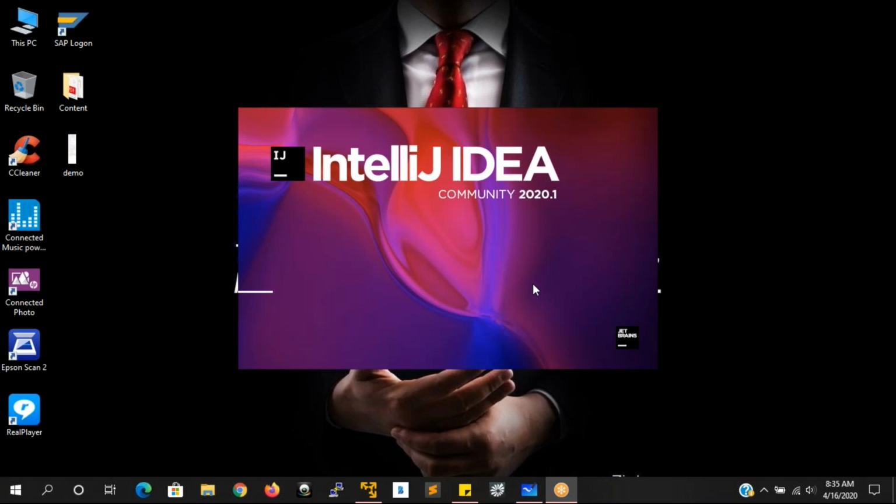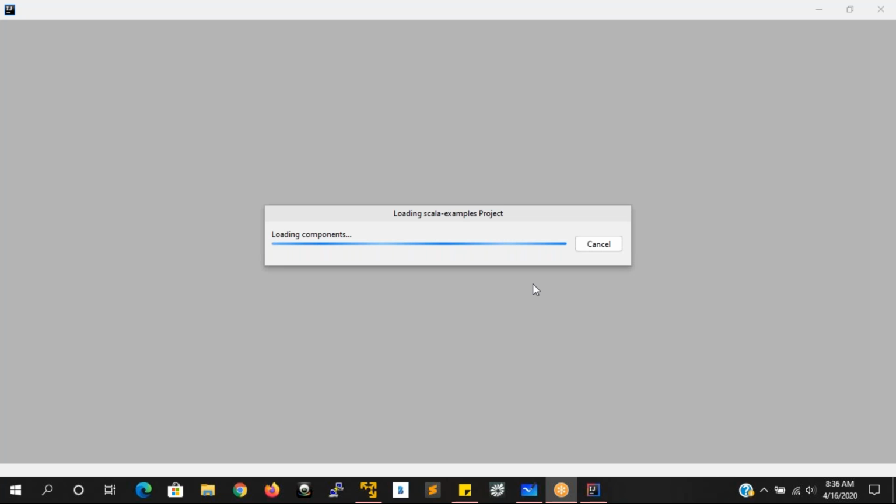Definitely, it is going to take a good amount of time when you are running Cloudera as well as IntelliJ IDEA on your machine at the same time, because IntelliJ IDEA requires a minimum of 4 GB of RAM to run. Okay, so if you have only 8 GB, and 4 GB is already assigned to your Cloudera machine, and you try to open IntelliJ IDEA, the remaining 4 GB will be assigned to it, and you don't have extra memory to access your Windows machine. So in that case, definitely it will hang up.